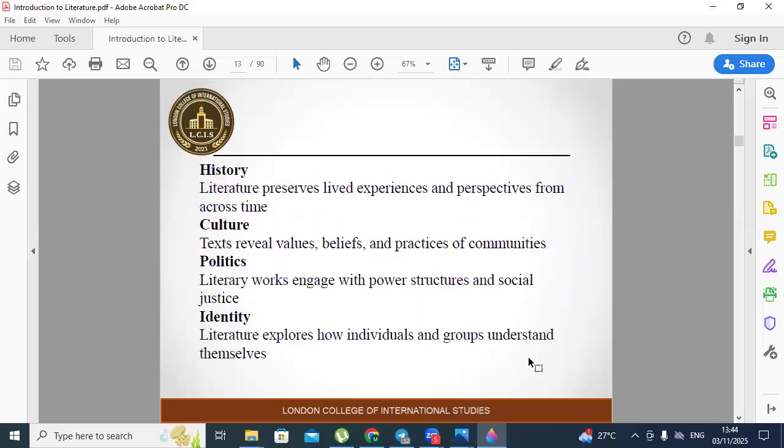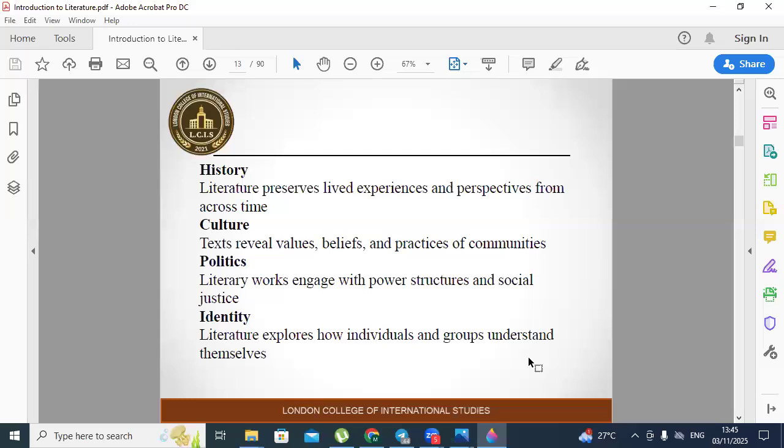Four key contextual dimensions. Let me summarize four key dimensions that literary study engages. First, history: literature preserves lived experience and perspectives from across time, giving us access to how people in different areas and different eras understood their lives. Culture: